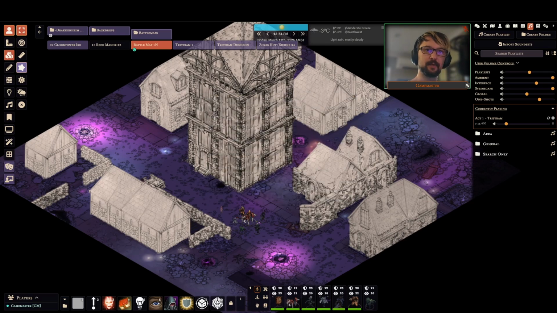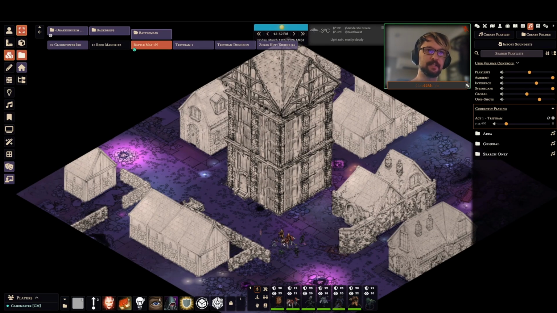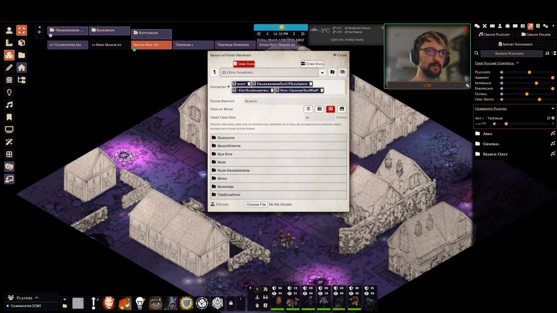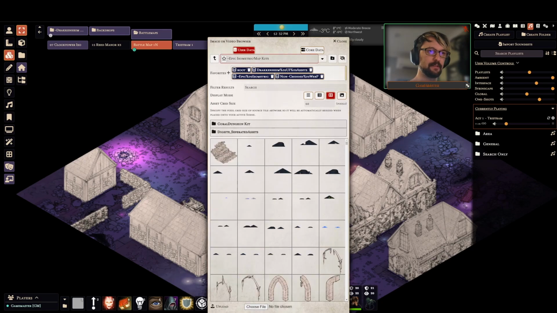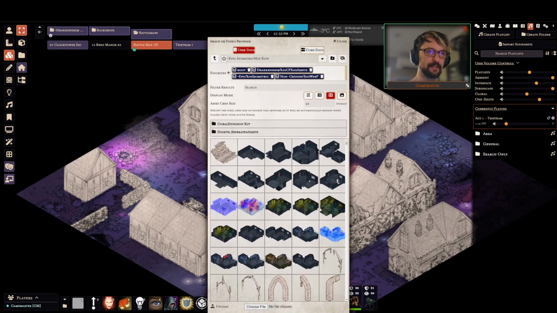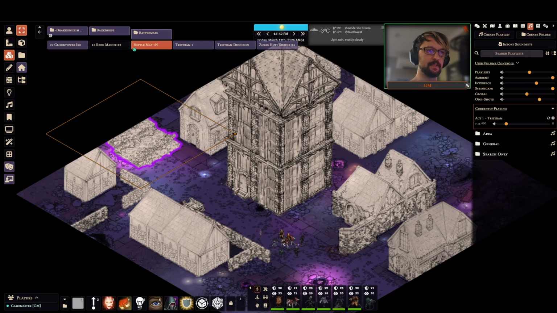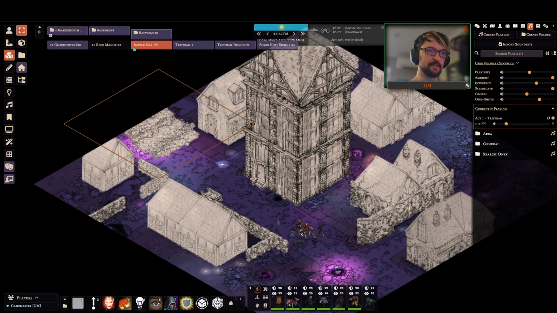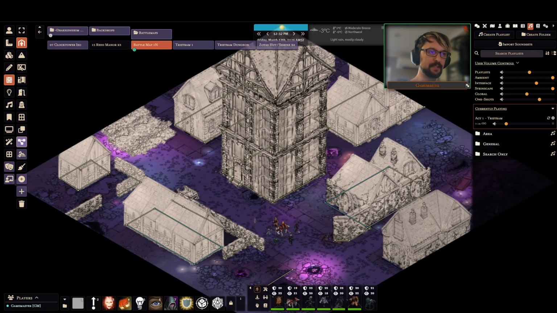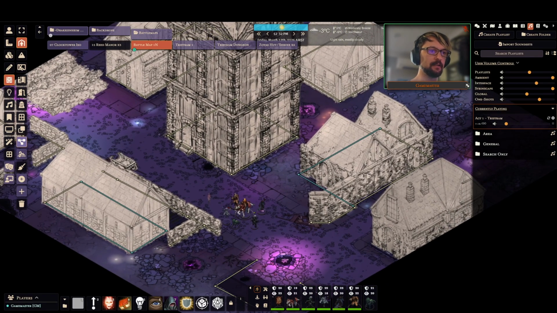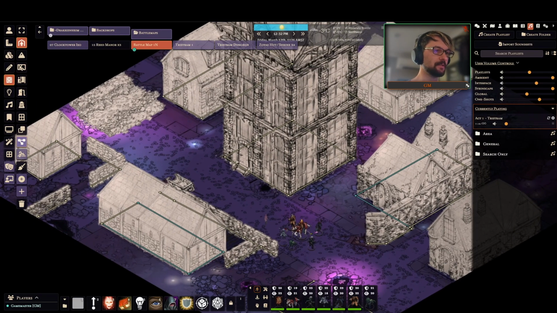So anytime I put a tile on this map, like if I want to find, let's say, another building here, we will go into here and grab a map kit. Let's throw down some rubble. So there, we've put some refuse at the end of the street. So these are all tiles like that. The walls have been set up in such a way that they skirt around the edge of the building only. Some of these are invisible walls because I want them to be able to see the buildings,